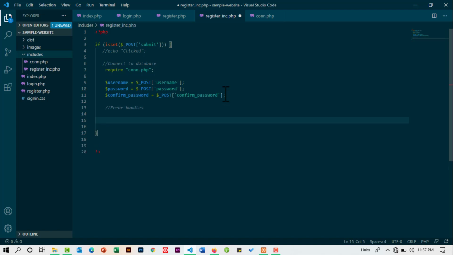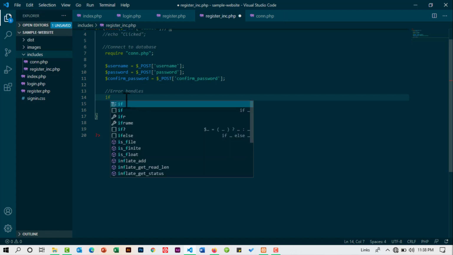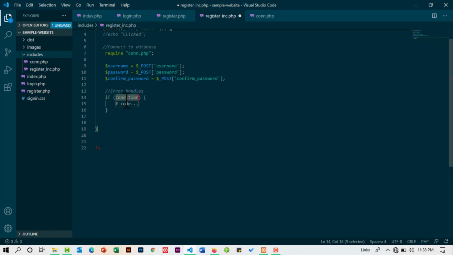So this now where we'll start checking for errors from the data provided by the user. And the first thing that we're going to check is if the form is empty. We want to check if the user just clicked the submit button without providing any data. So we're just going to have another if statement here, and we are going to say if empty